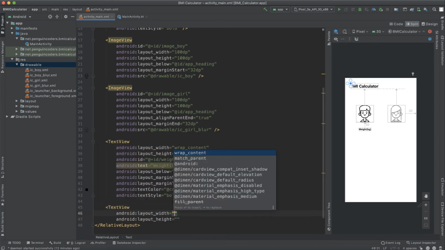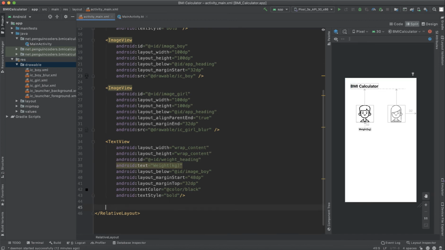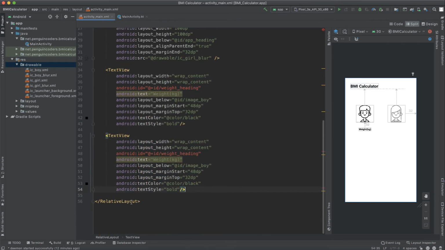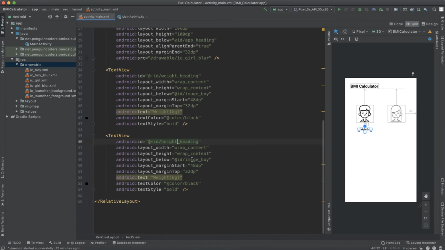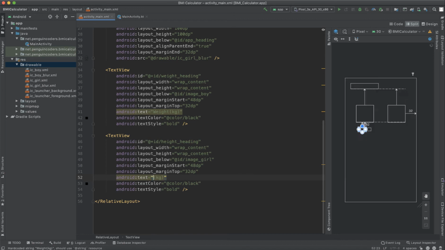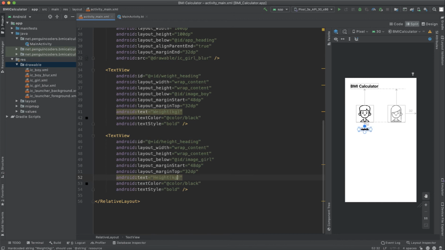And then we will again write a text view which would be height heading. So I can just copy the content from weight heading and just paste it here. So I'll just copy it, paste it out, and instead of weight heading we will write it as height heading. Let's control option L, height heading wrap content, and we will keep it below image of girl. And it will be height, and height should be in centimeters.